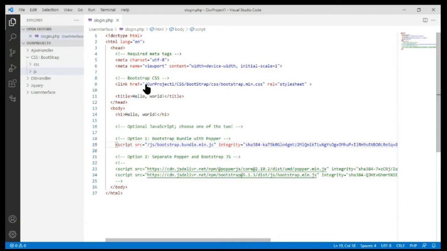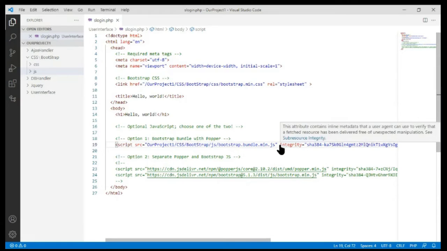The same way we did it here. Let me write it here: our project, PRJCT, our project one oblique, there it is, there in the CSS folder. Inside that, there is a folder bootstrap. Inside that, there is this JS folder, and inside that, this bundle.main.js. We are going to get rid of these two attributes,